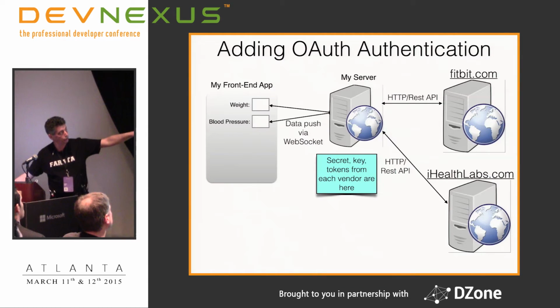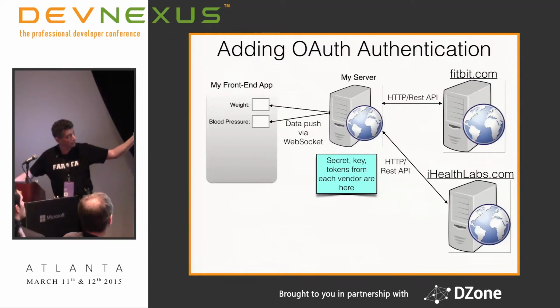And I'll talk about OAuth a little bit more, but for now just remember, on my server we store the secret that was originally given to us, the client ID for our application, and eventually we're going to get authorization tokens. When we will be working with a server, we'll get the tokens.